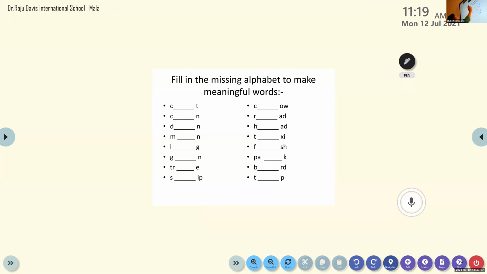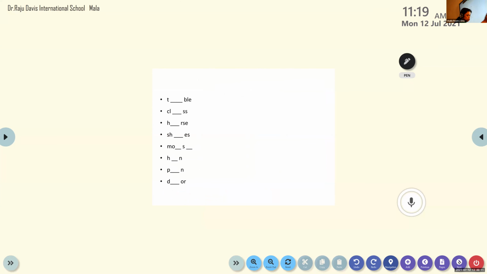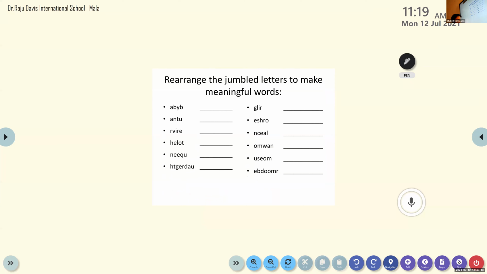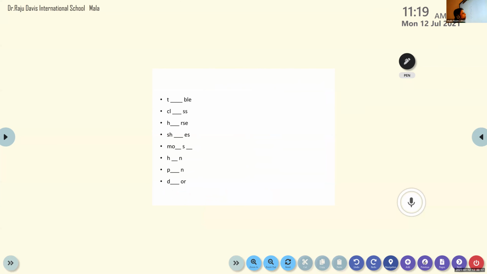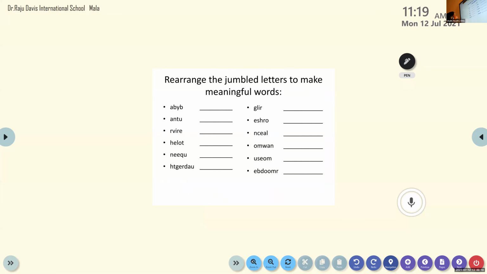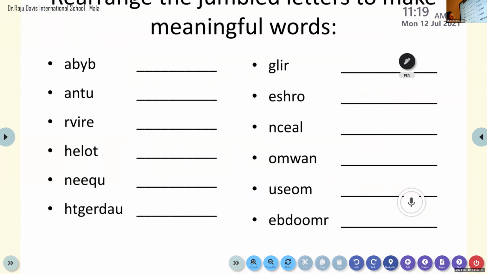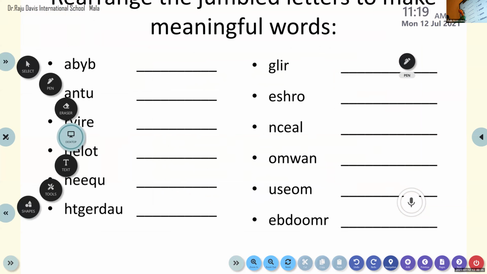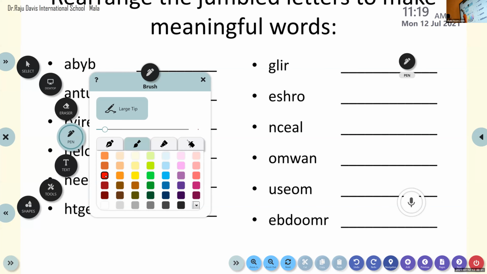So we have finished with this exercise. We have finished all the words in exercise A. We have completed that exercise and now we are in exercise B. I wanted all of you to get ready with it. We have already completed a few words. Ma'am will be writing those words on the board. If you haven't completed it, see that you complete it now.